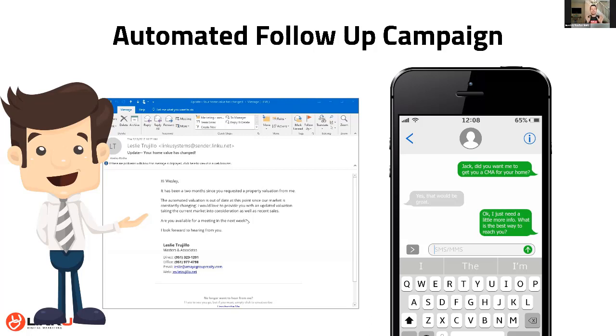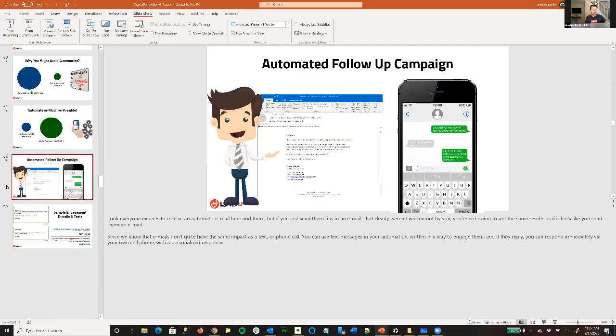So before you approach this automated thing, what I'd recommend is starting with a small segment, just to dip your toe in the water before using the automation. Because this is where a lot of agents go wrong: they'll just add the whole thing and then they'll have a mess on their hands, right? So the automated campaign is going to go out and send the texts or the emails for you. So let me show you how that works.